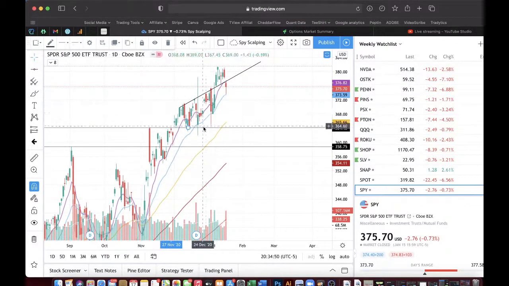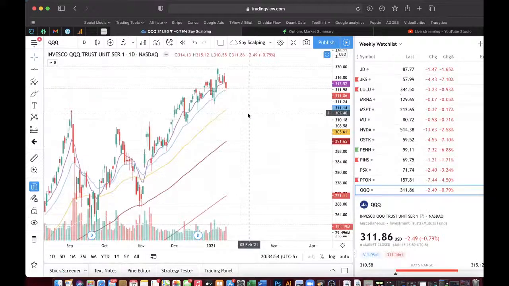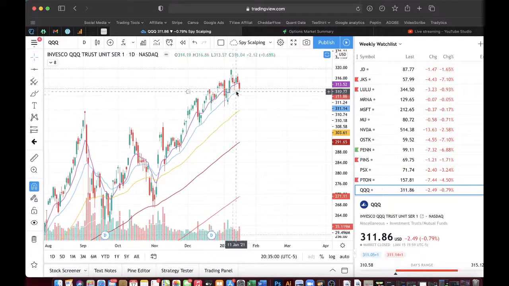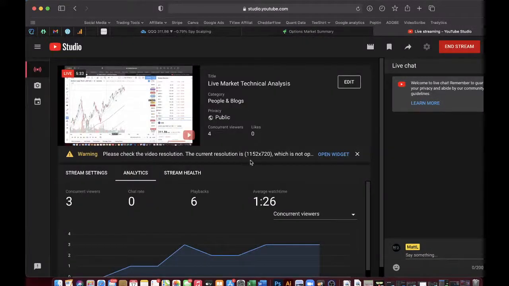That's where I'm going to expect to see some buying pressure. Same thing on QQQ. You also have the 21 EMA acting as support once, twice, 3 times, 4 times, 5 times, 6 times. Down here, the 21 EMA acts as support once more on QQQ. So once again, this is a sign that I'm using this as